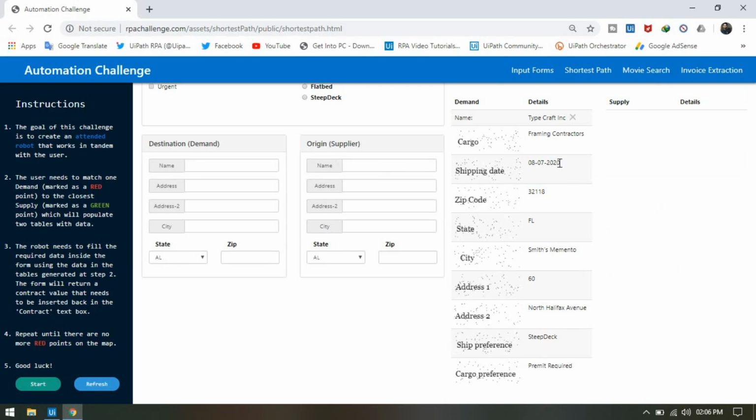It means this is not the image. So I'm able to capture these details using getText, but here this is the image, and most of the time we are getting issues while fetching these labels. And sometimes this cargo is here on the 4th number, zip code on the 5th number, shipping date is on the last number, and this cargo preference on the first number, right? So every time the position is also getting changed.